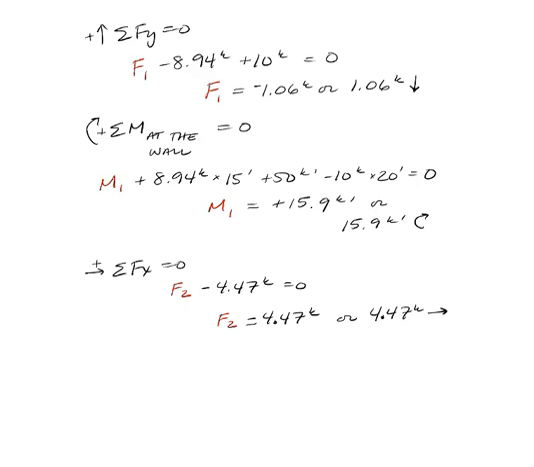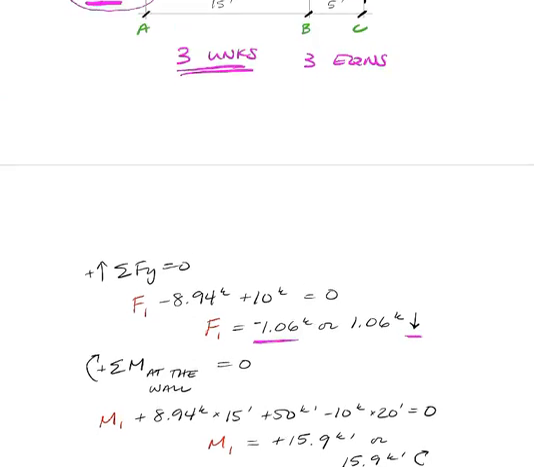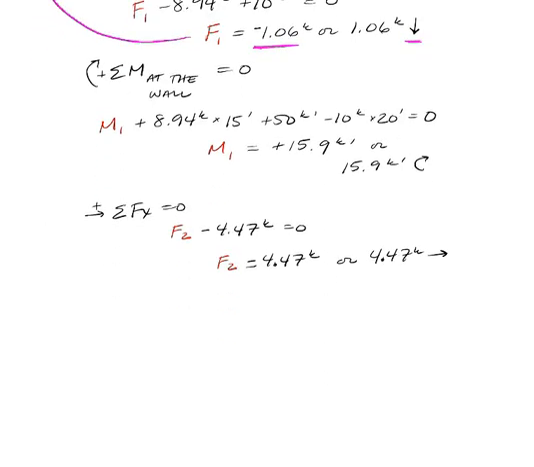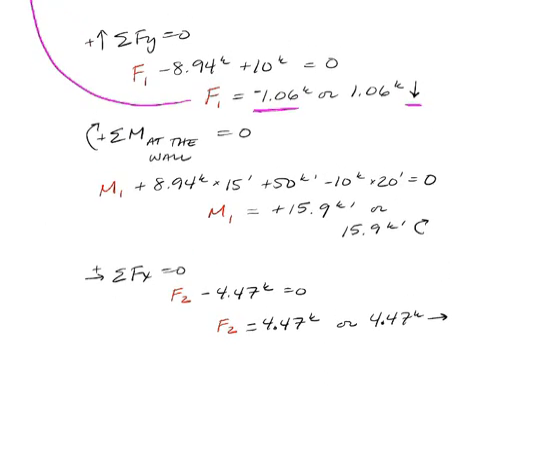So the answer that we see here is F1 is equal to a negative number. That means it would be going down, because back in the free body diagram that we have up here, F1 is going up. So again, the answer numerically relates back to the free body diagram. Moment in the wall: if I spin a moment in the wall, I end up with M1 is equal to plus 15.9 kip feet, which would be clockwise, again, because back in the free body, it was drawn clockwise. And I also end up with an answer for F2 right there. And so now